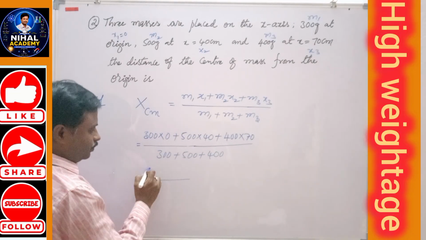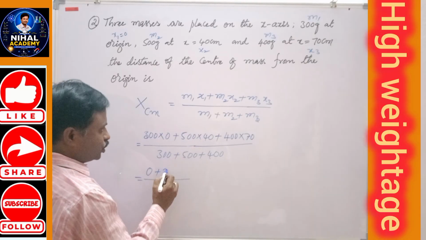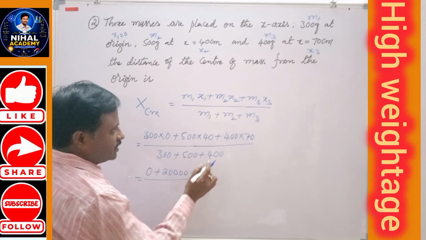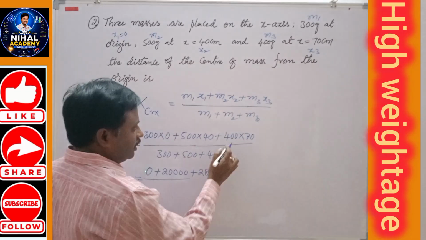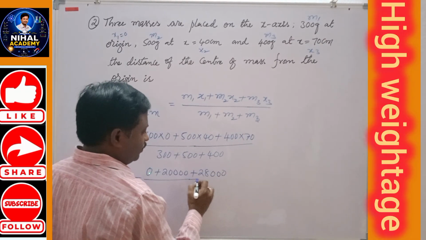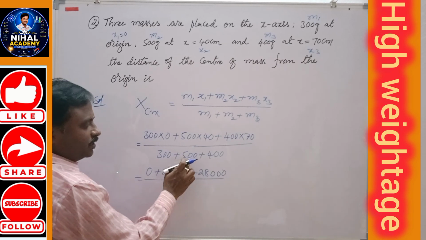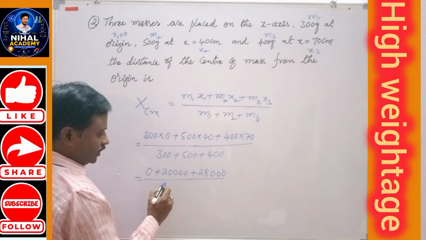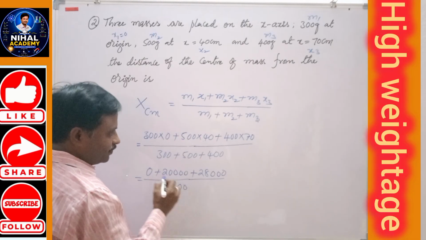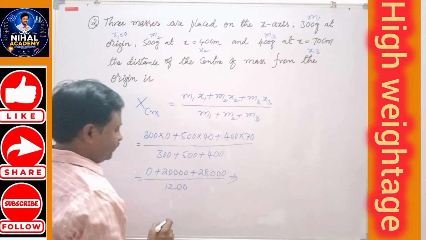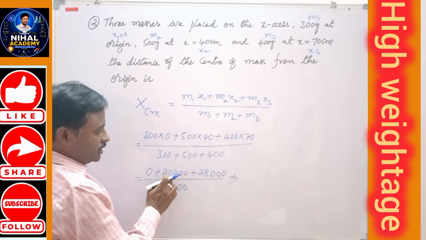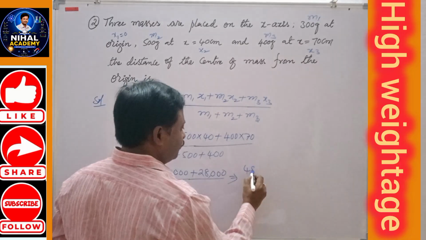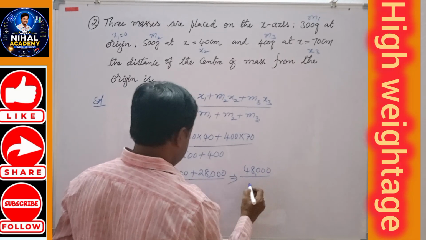So 0 plus 5 fours 20, after 3 zeros, plus 4 sevens 28, after 3 zeros, by 300 plus 400, 300 plus 500 plus 400, 3 plus 5 8, 8 plus 4 12, after 2 zeros. Now this is equal to 20,000 and this is 28,000, so it is equal to 48,000